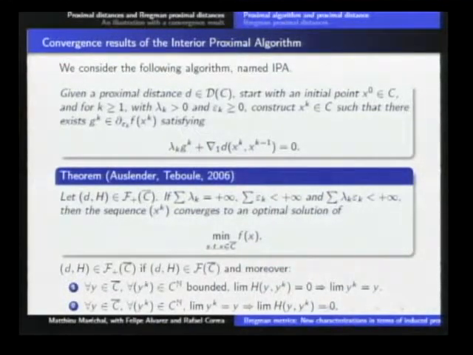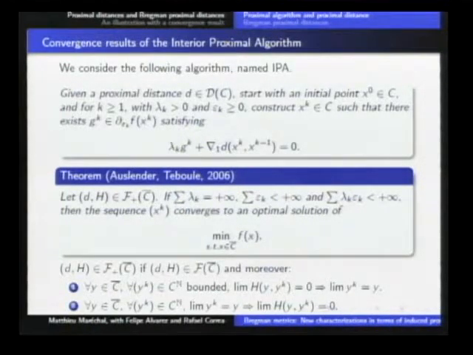In general, the second property is more complicated to obtain than the first, because here it is supposed that the domain of H is t times C. It can be greater, but we know by assumption that it's t times C. And if y is not in C, y_k will go out from C. Thus, it is a problem because it is going out from the domain.